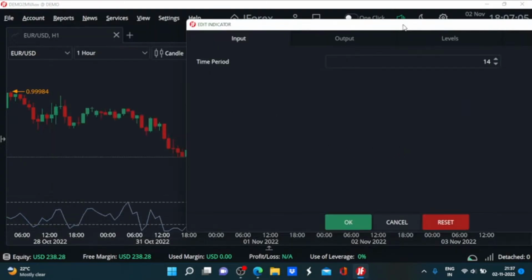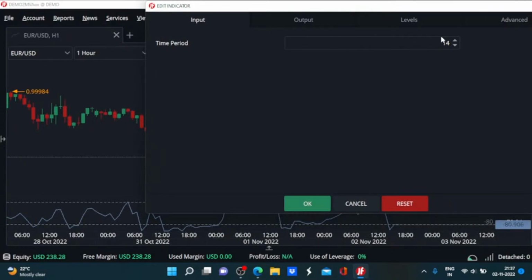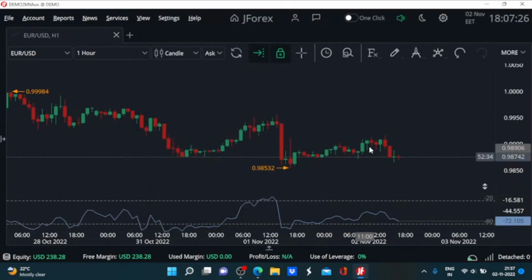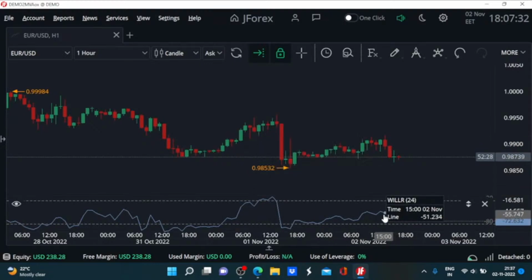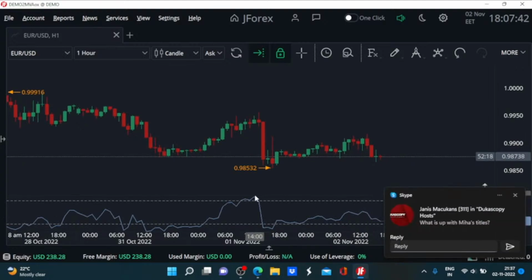If you are a trader who trades using recent price data, then I think the default calculation period of 14 is quite good enough. And if you want to increase it or decrease it, then it's always up to you. So let's try out what happens when we use 24 as the calculation period. That simply means we are taking into consideration the last 24 hours' worth of data while determining the price range of this Euro USD, and then we are comparing where the current price, the recent price, is in terms of this